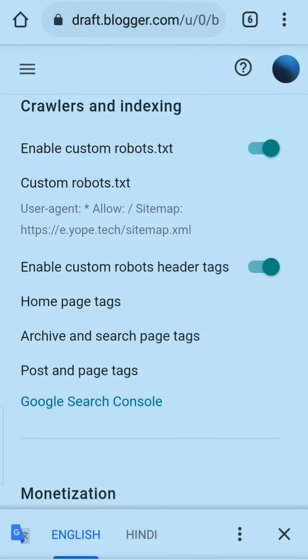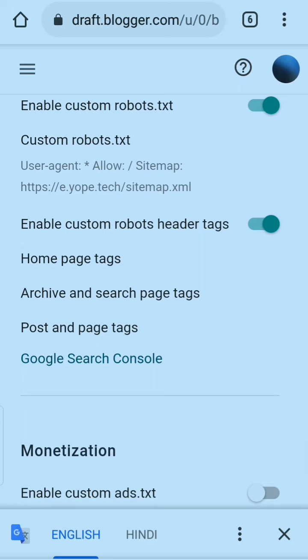Then you can add your own custom robots text file, because it's necessary to tell Google that your website exists, and you are giving permission to Google to crawl your content or search results. So you can check under blogging category, you will find this video.